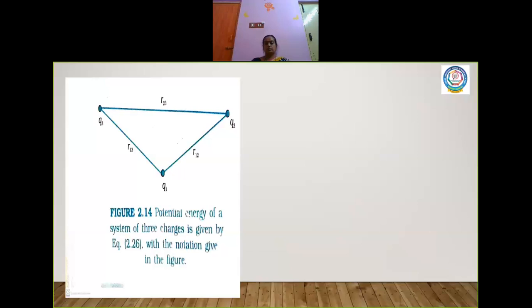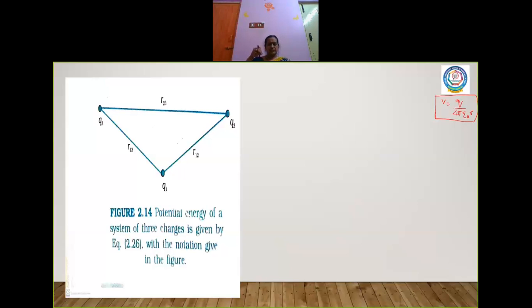Next we are moving on to a very important topic, potential energy of a system of charges. Now I wanted you to recall the electric potential due to a unit charge. I don't know how far you are thorough with the previous topics. This is the formula for electric potential due to a point charge. Remember this formula, only then you will be able to understand what I am going to teach now. Okay, so let us start this.